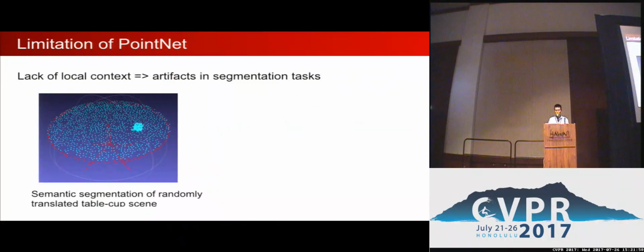So this lack of local context will actually result in some very real problems if we want to generalize PointNet to very large scene understanding. For example, in this case, we want to do semantic segmentation for a table and a cup. But in the input, different from PointNet, where we centralize and make the data zero mean so that the centroid is at 0, 0, 0, here we will randomly translate the table anywhere in space. In that sense, the coordinates of the points will change so much that